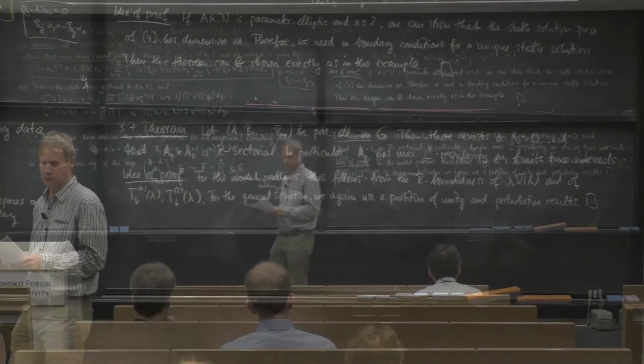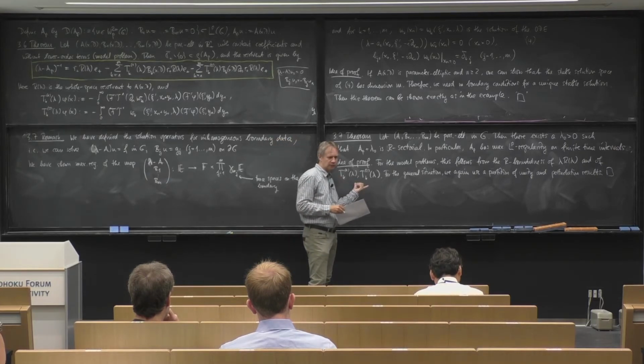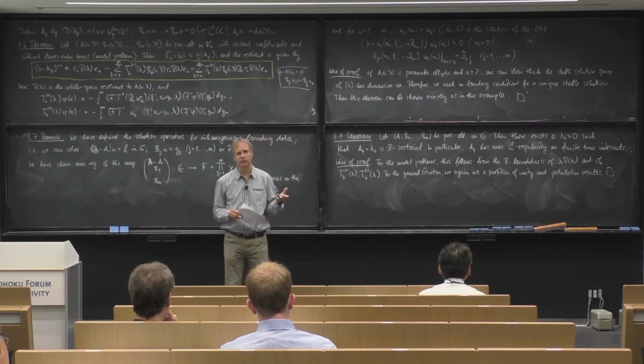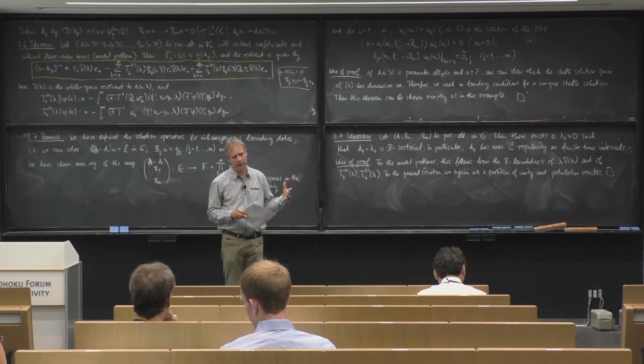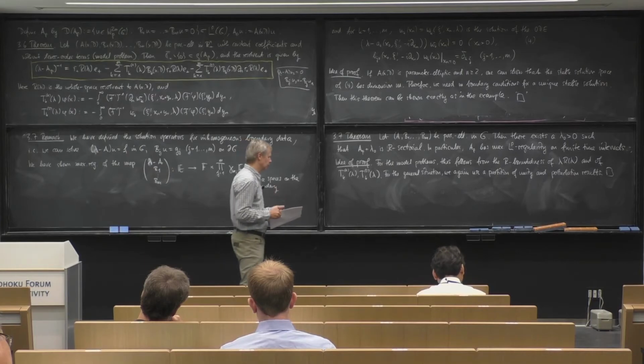Okay, so as before, I construct local resolvents for operators which are locally close to our given operator. And then I put them together by a partition of unity. I sum them up. Then I do not get the real resolvent, but I can show I get something which is close to the real resolvent. And at the end, it's a Neumann series argument.